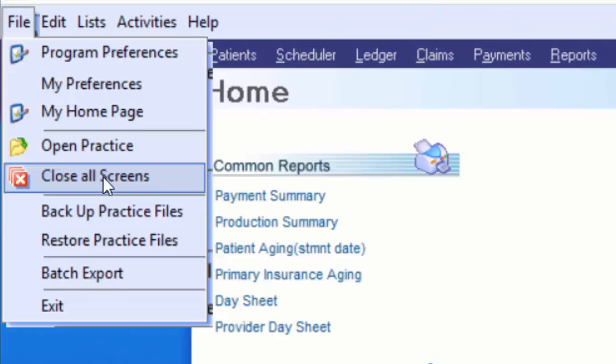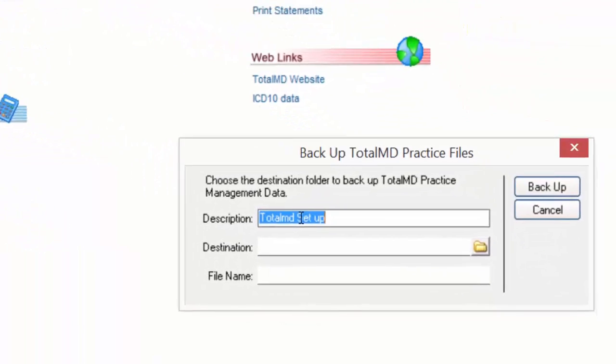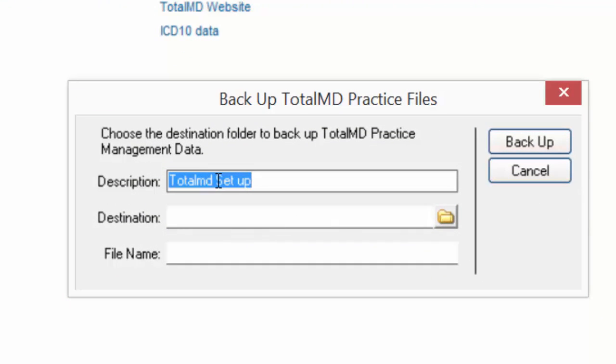We also have the Close All Screens option, which if you did have multiple screens open, layered one on top of the other, clicking Close All Screens will close out all of them and take you back to your home page to start fresh. You can click Backup Practice Files, and this is a quick, easy way to run a